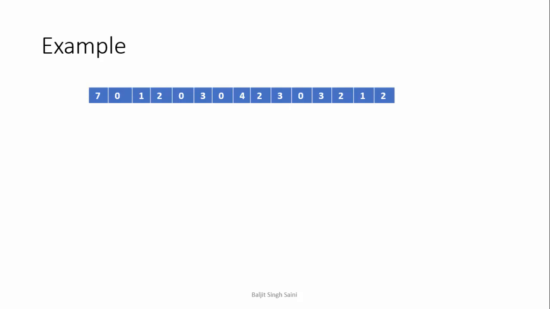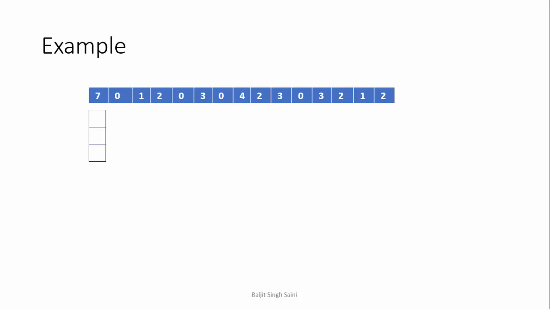Now let us suppose this is the request of the pages that will be made by the process. So the question tells you the page numbers that will be requested in this particular order. This means that the process is going to request the data from page number 7 first, then page number 0, 1, 2 and so on. In the question it will be given how many frames are allocated to the process. In this case there are 3 frames allocated to the process. So initially all the frames are empty.